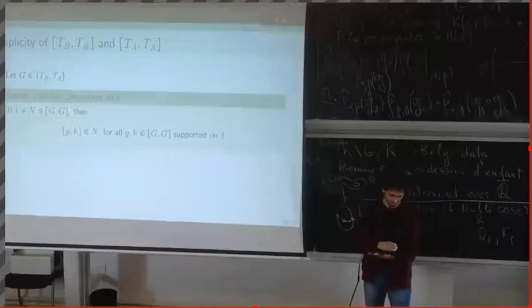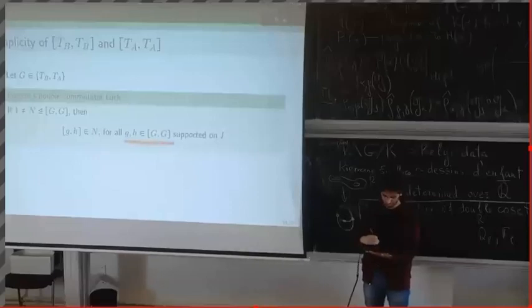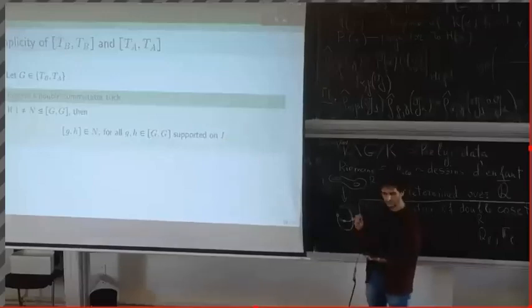And by a lot, more precisely, I mean every commutator of G and H, wherever G and H are elements of the commutator subgroup which are supported on the same I, which is a proper subset of the limit space. Alone, this does not tell us much, but if you choose the right set I, you can then